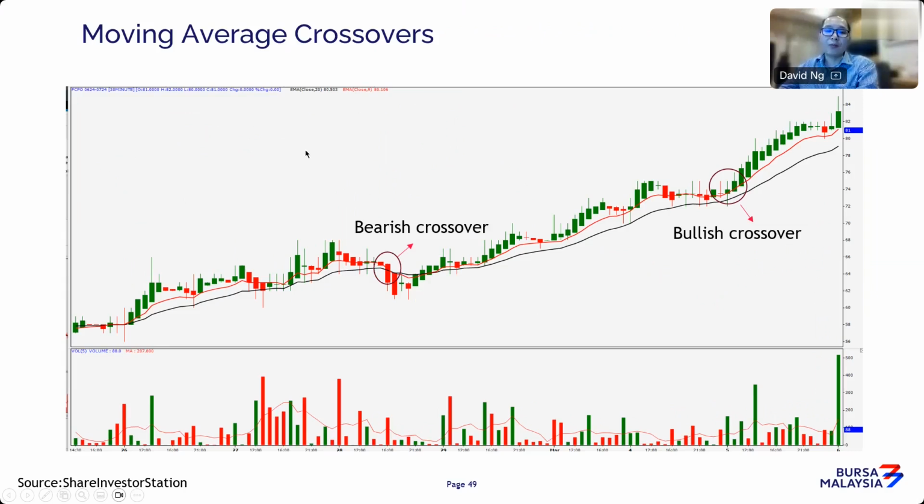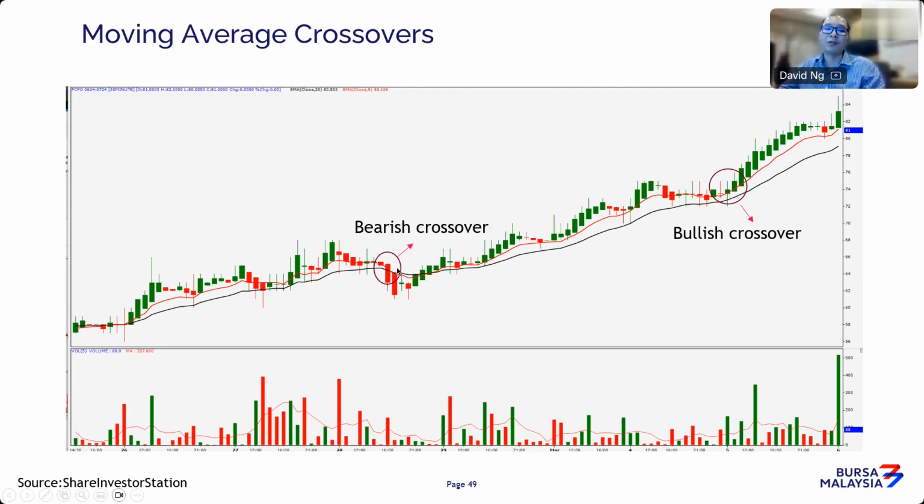Now, moving averages are mainly used for crossovers. So you have 2 different varying periods, or 3 different varying periods in certain setups. The moment the shorter period starts to cross the longer period, that's where you usually get what we call crossover signals. And the moment when candles start to trade above or below the moving average line, that's also a good indication that the market is poised to go in a certain direction.